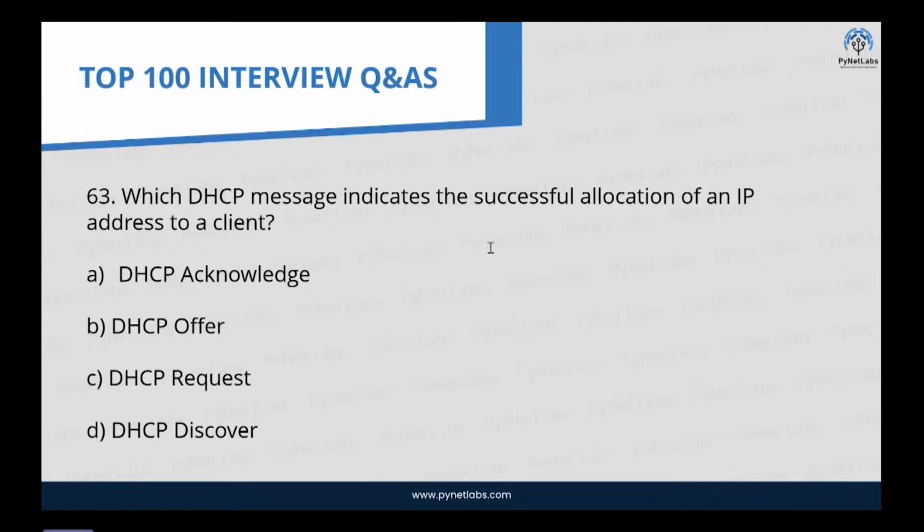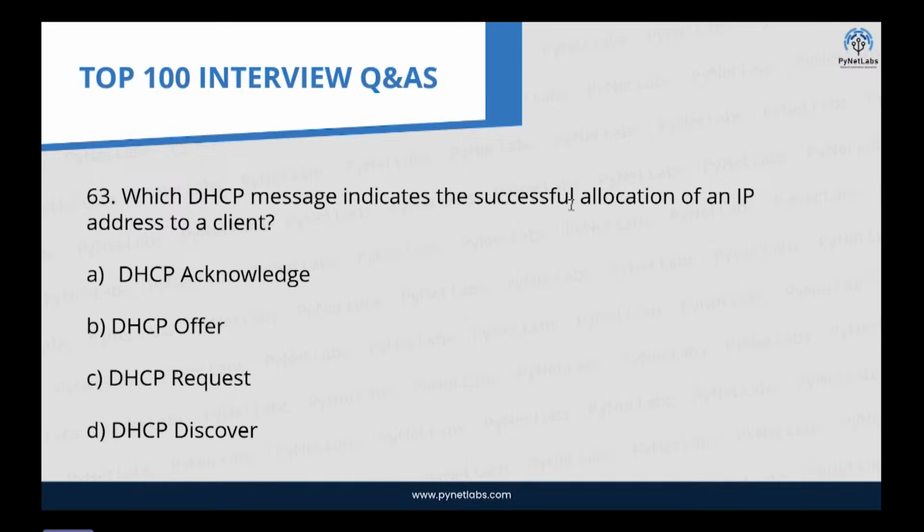Then comes the request. The client, after receiving one or more DHCP offer messages, selects an offer and sends a DHCP request message to the chosen DHCP server. This message formally requests the offered IP address and confirms the selection. Then lastly, we have the acknowledgement. So in the context of this question, option A is going to be the correct answer, guys,